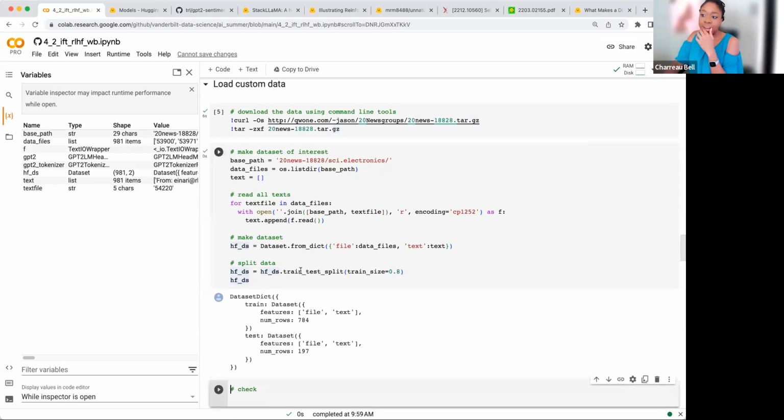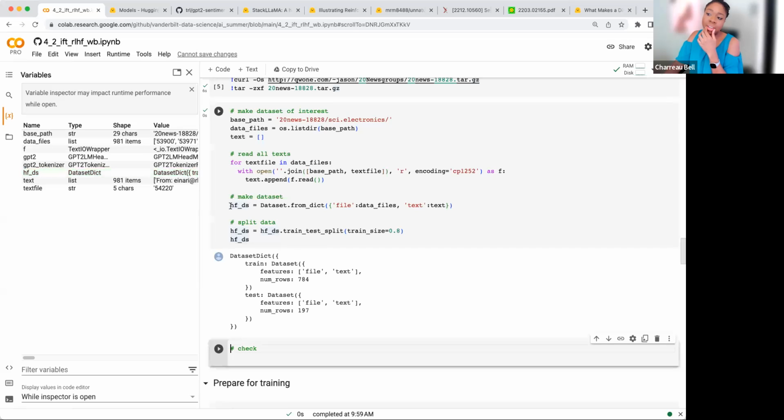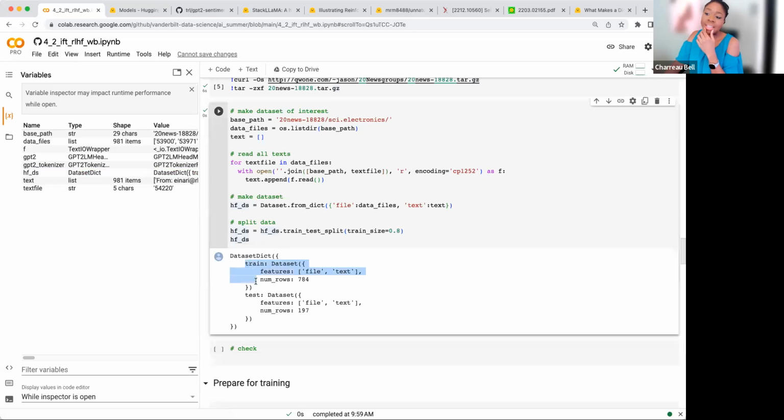So here we're going to run this again. Here you see the difference between the original Hugging Face dataset that we had versus after we did this train test split. You can see that we have a training dataset and a test dataset, and they are lumped together into a dataset dictionary. Now, why is this pretty exciting? The reason is if you want this to be reproducible and you want other people to be able to use your data, this is how you can distribute the data: as this dataset dictionary that's already split into train and test. So if someone else is going to compare the performance of their model against yours, they can use the exact same data. So we have this dataset dictionary, a train split, a test split, and it has the file and the text.